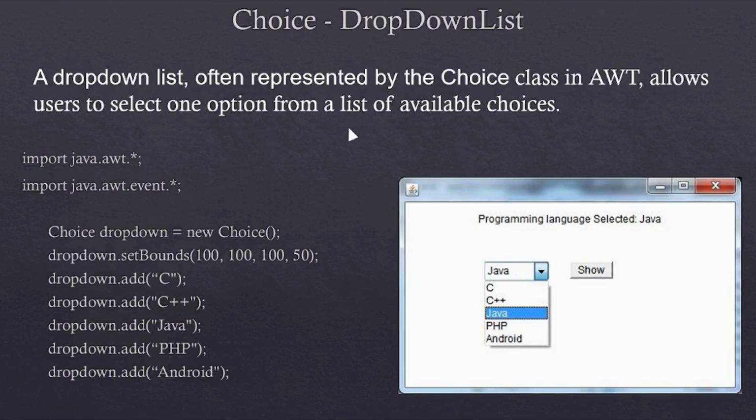So this is a pseudocode of a choice. So you have import java.awt and then .event, and then this is the actual object creation, which is choice variable name is equal to new choice. Upon doing this, we will be creating an object for a drop down list. So now let's look at an actual